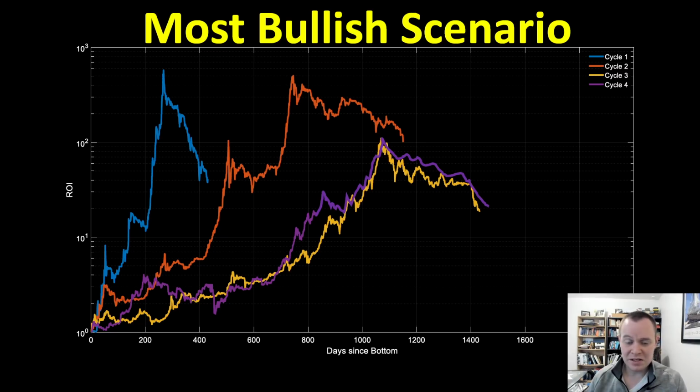Well, where do they get this number? Well, I think they're essentially looking at a 100x move from the bottom. Okay, so if you get a 100x move from the bottom, you're looking at approximately a $300,000 Bitcoin. And by the way, when I was talking about the bottom earlier, I was talking about 3,800. I was actually thinking of the March bottom, but that's actually not what this one is of. It's actually the December 2018 bottom.